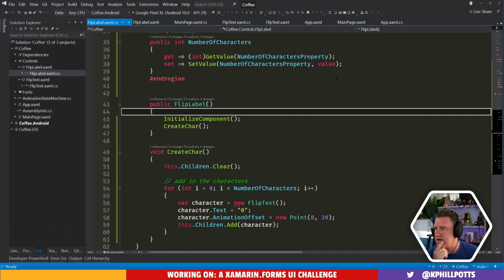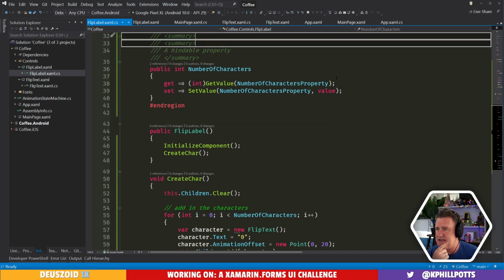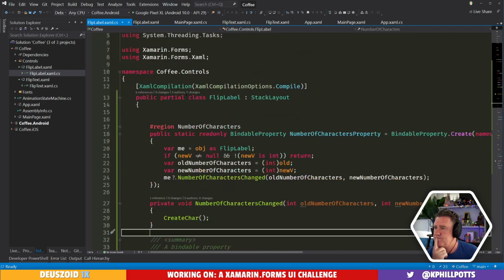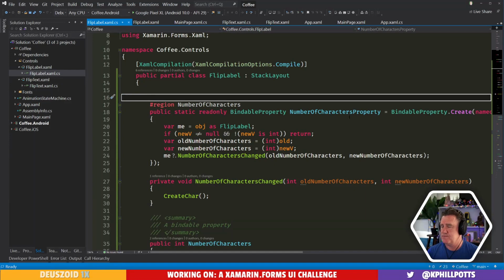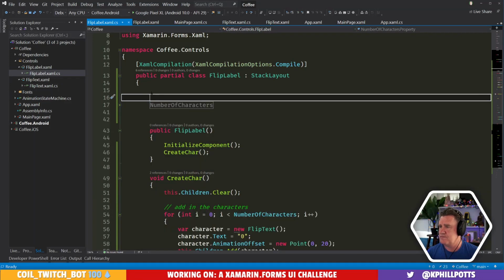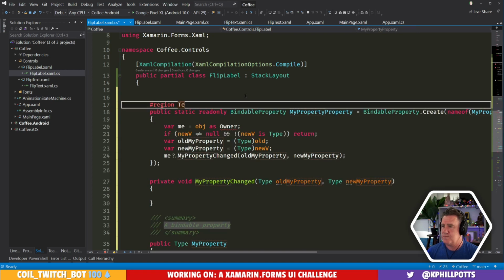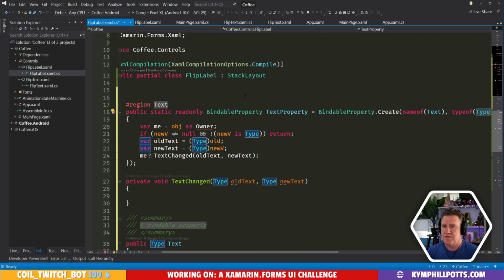Okay, and this is going to want to have a text property on it as well. So it's going to be a string.